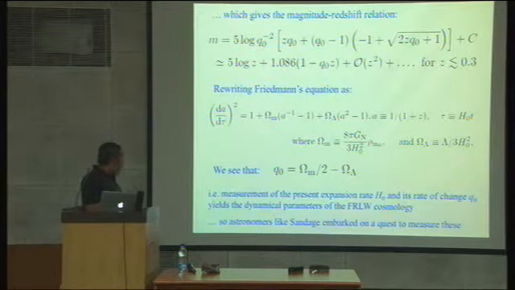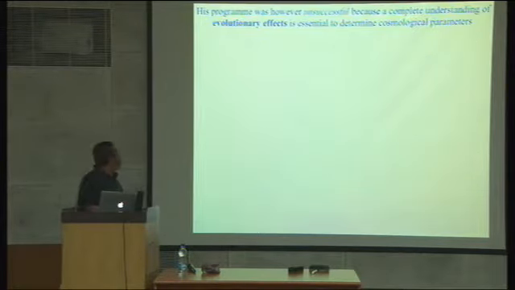So this is the program that Sandage, who was a student of Hubble, embarked on, measurement of H0 and Q0, in observational cosmology. But this program was unsuccessful for a good reason. The reason was that